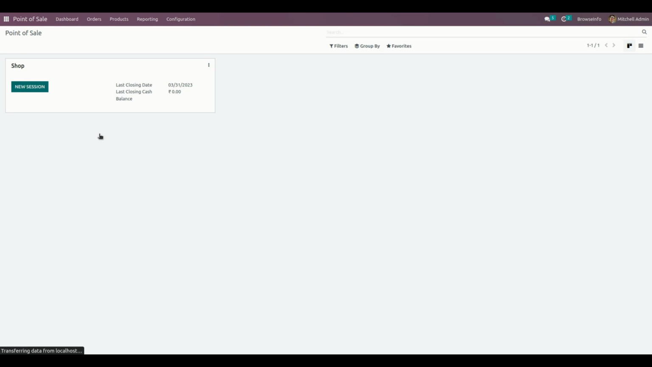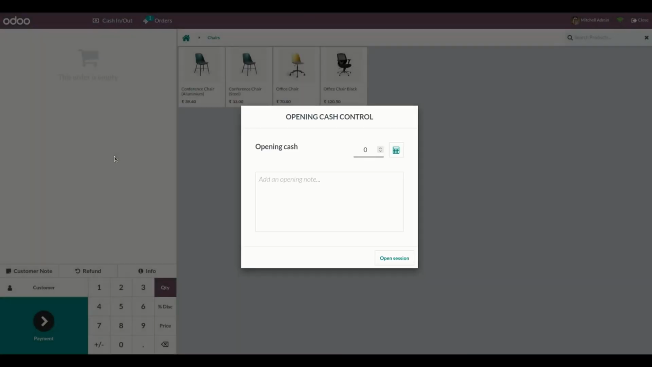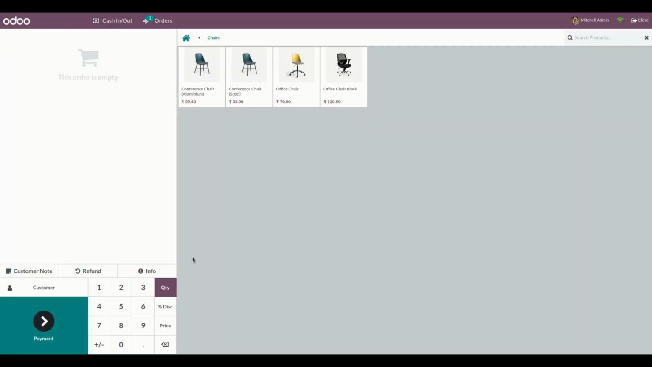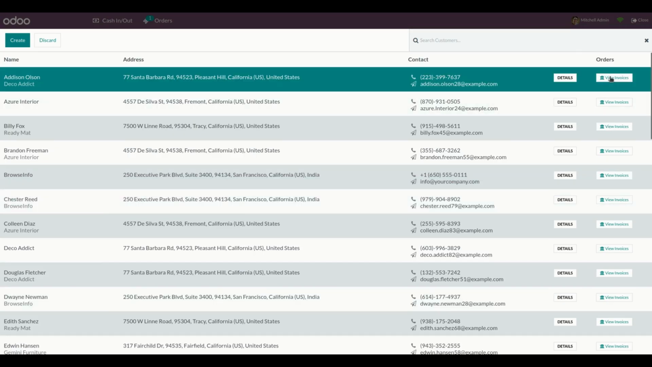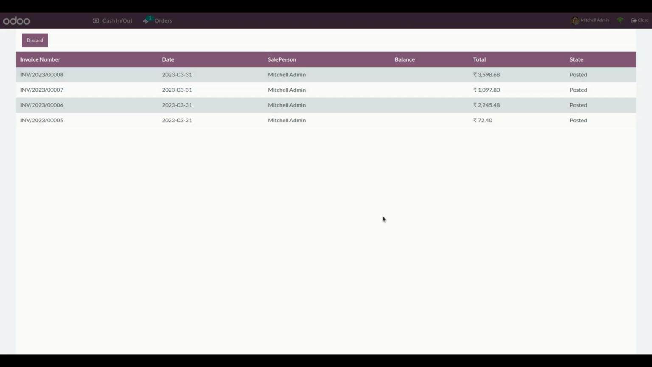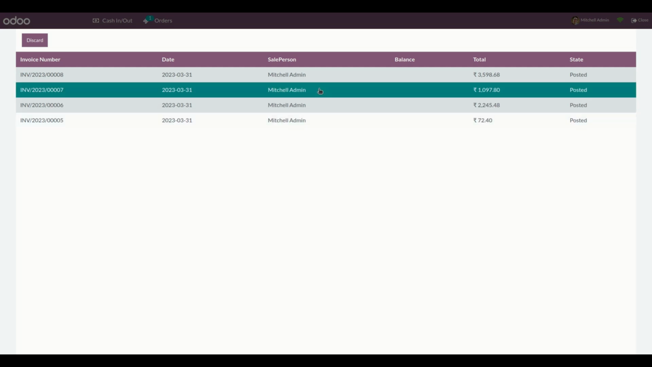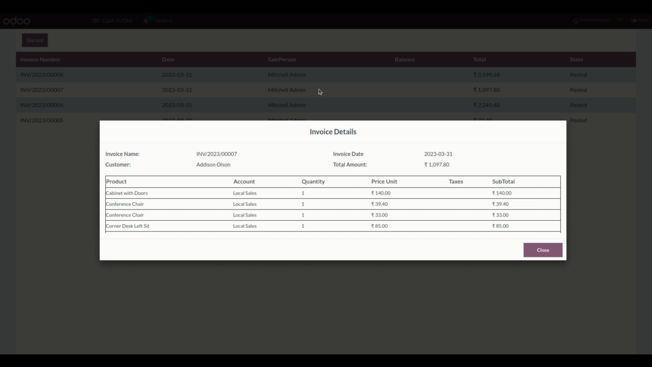Let's open a new session. In point of sale customer, the user can click on a view invoice button. Then we can view a list of all the invoices that are associated with the customers directly from the running point of sale session. So when I click on that particular invoice, the user can view the invoice details like invoice